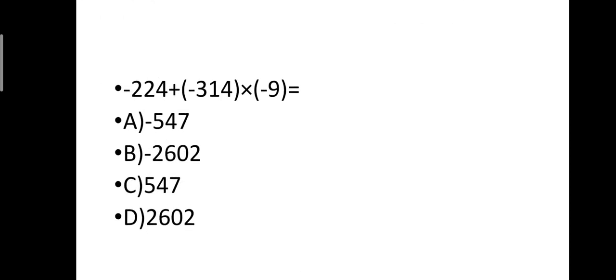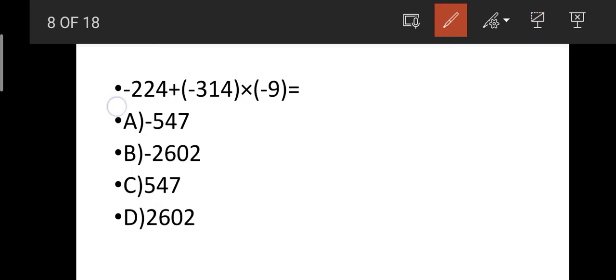See friends, this is a very easy question. What method can you adopt? Do you again go for the same multiplication process like 314 into 9, and then you will be subtracting this number as it is minus? Is this the same method you are adopting? No, by this time you will be perfect, that you will be adopting our new method, that is minus into minus, it becomes plus.